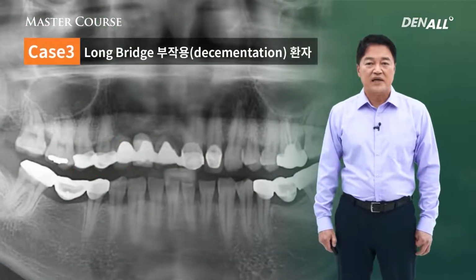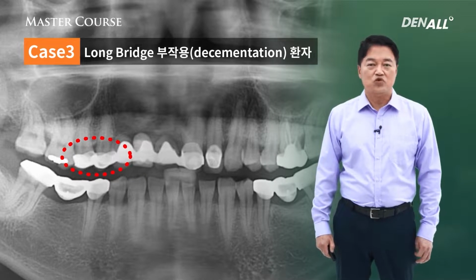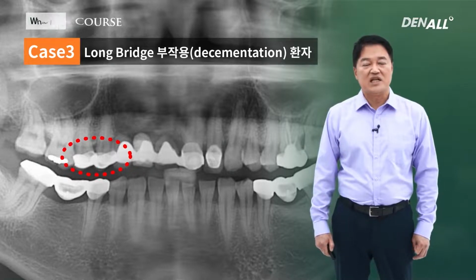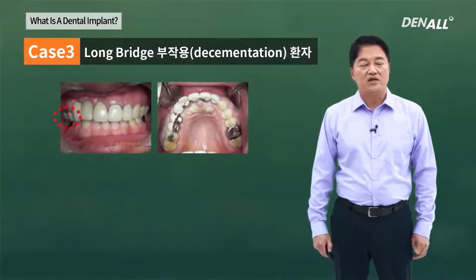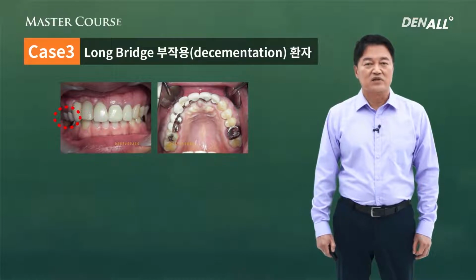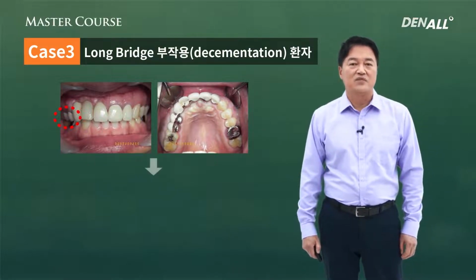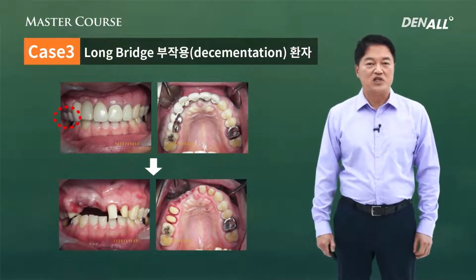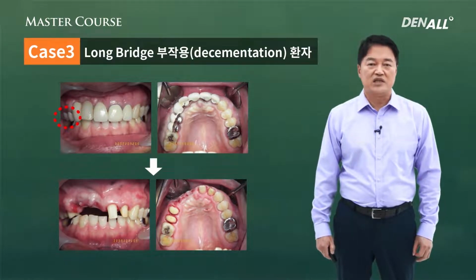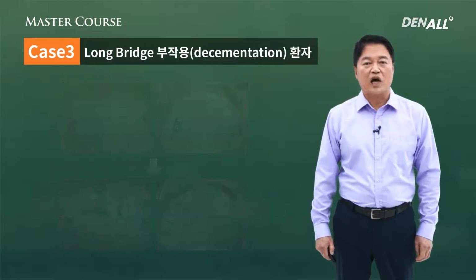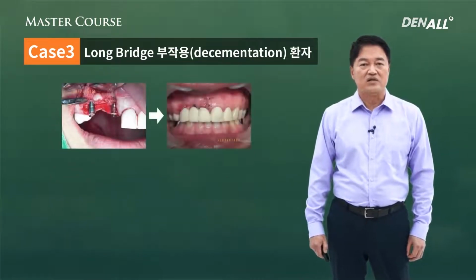Let's look at a third case. In the three missing areas, a 7-unit bridge was done. As you can see, this was a long bridge, and in numbers 24 and 25, the surveyed crown teeth, the clinical crown was very short and decementation occurred, and there was mobility. I removed the bridge, and when I did retreatment, I could not do a bridge. So in the front and the back, the surveyed crowns were changed with crowns, and in the center, the missing area, 2 implants were placed,